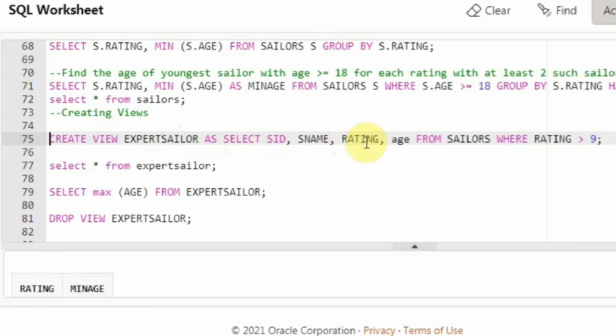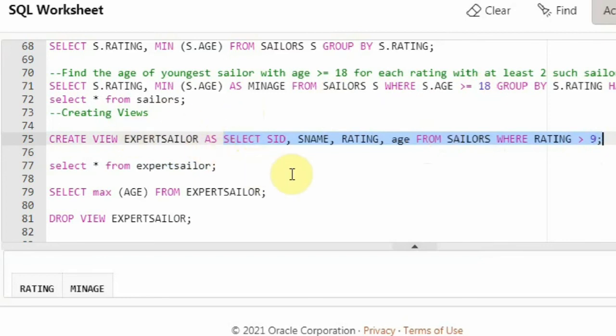So I'm saying select SID, SNAME, rating, age from sailors where rating is greater than 9. We have given the rating from 1 to 10 only, so the tuples with rating above 9 will be taken, and that table is named expert sailors. I hope you understood this. This part is the query, and the result of this query we are making it a view.